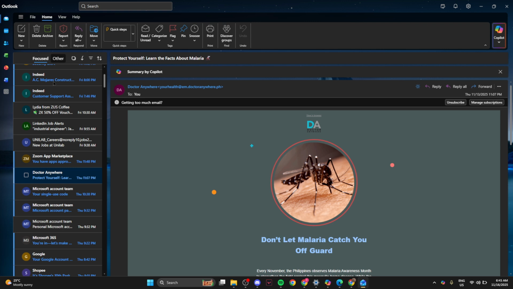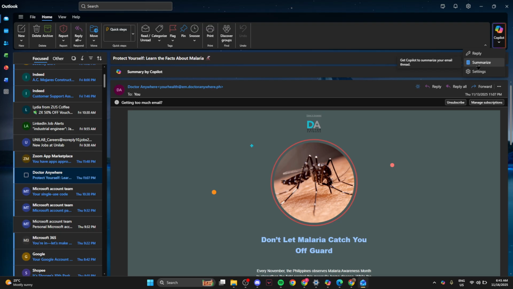Next, you want to direct your attention to the top right corner of the Outlook window. This is where you'll find the Copilot icon. It's usually distinguishable by its unique design, standing out against the other standard icons. Clicking this icon is your gateway to accessing the suite of features that Copilot offers. This simple click can open up a host of possibilities for you to explore, but today we'll concentrate on its